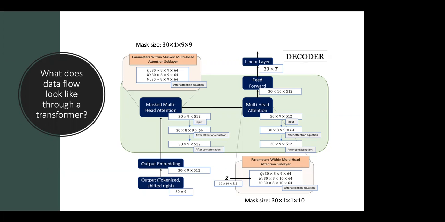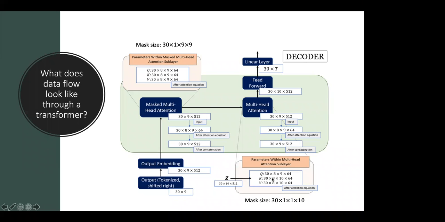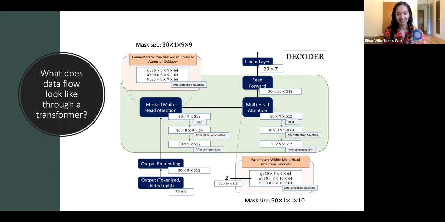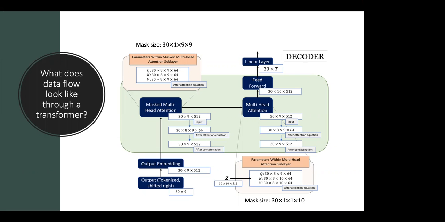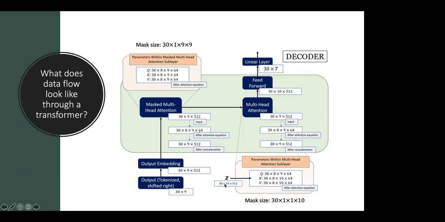Okay, that's 30 times 9. And do the same process, 30 times 9 times 512. Where is the context vector entering? Okay, there it is. I assure you, it seems weird, but I did do the math on the matrix sizes, and it does work. No, I believe you. I'm so glad that you worked through it, because this is so much more helpful. I appreciate this very much, because you're spelling it out for us. A lot of work. So everything is the same, but instead of 10 before, you have 9 now, right? Yes. And we understand why it's 9, because you're truncating the last one.